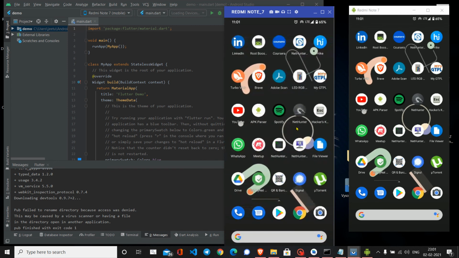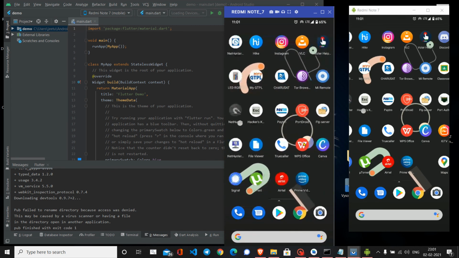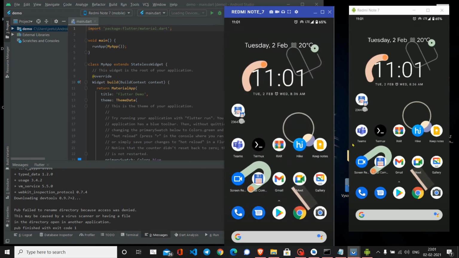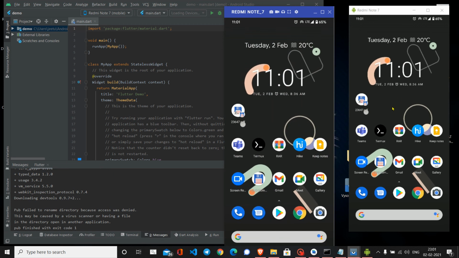But when you get connected by your hotspot, the quality of the mirroring is really very nice in both of the applications, so it is always a better idea to go with that.